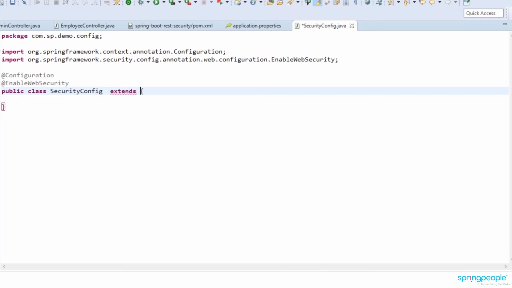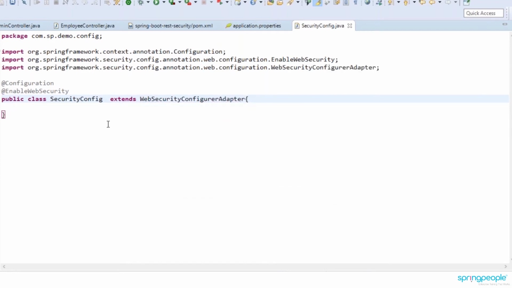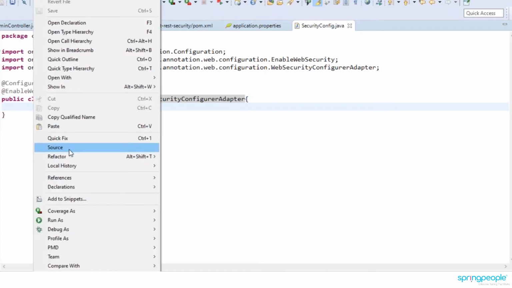As Java says, if you want to take any nature, you have to extend or implement. So it extends WebSecurityConfigurerAdapter.